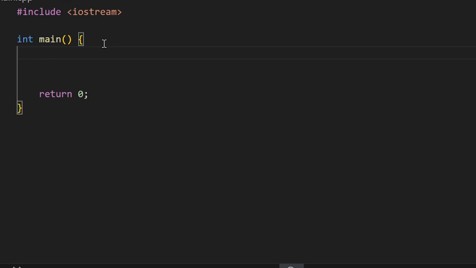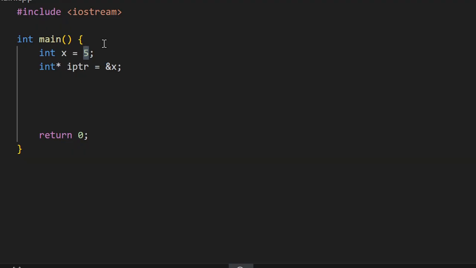For example, I have x variable set to value 5, and I have an integer pointer pointing to x. So if I want to see this data from the angle of, let's say, double type, this is integer type data. It is stored in the memory space in a certain way, in a certain bit pattern. But if I have to read that from the double perspective, the meaning of that data or the bit pattern is going to be totally different. So if I want to see that from the double perspective, what I can do is